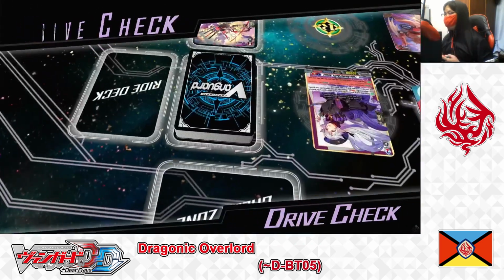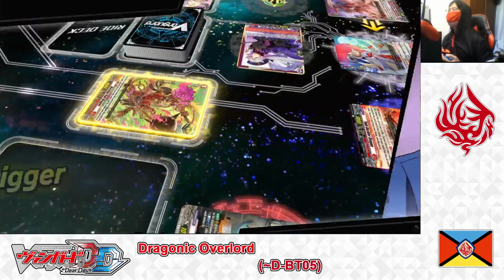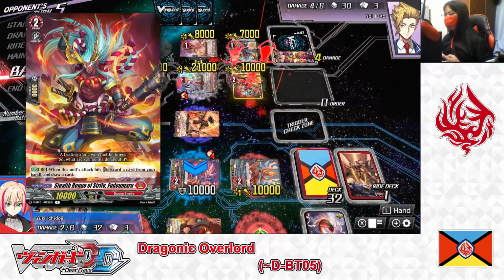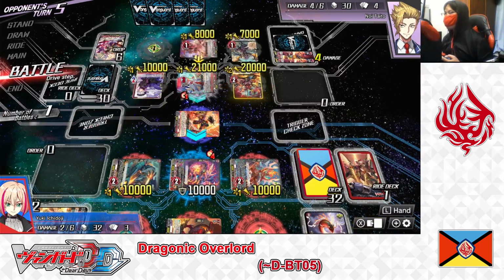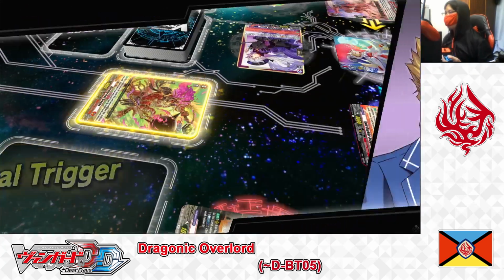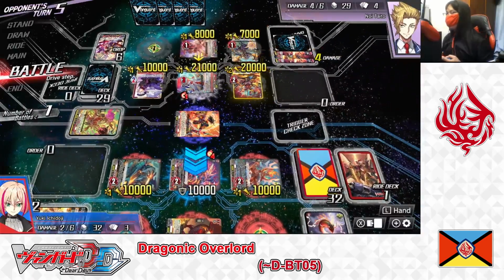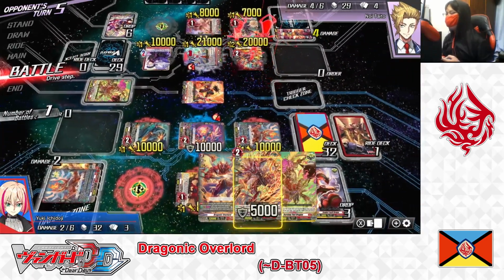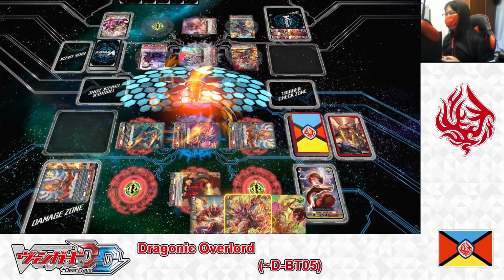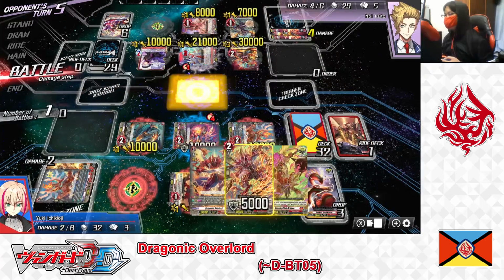My opponent Twin Drives, first check. Critical trigger, come on! Gives all effects to Fudomaru, okay. Second check. Oh, come on, double critical! He gives all effects to Fudomaru. What a nightmare! Here it comes. The attack is blocked, and now...